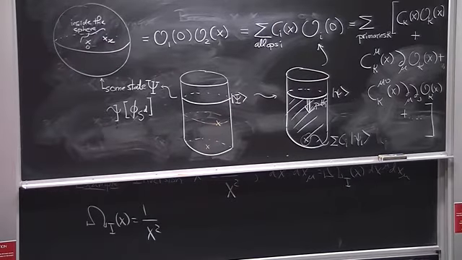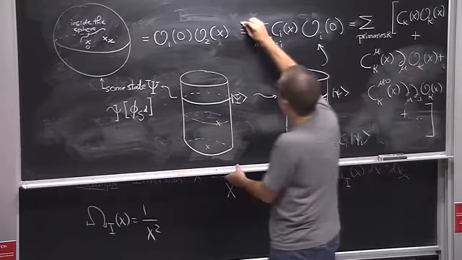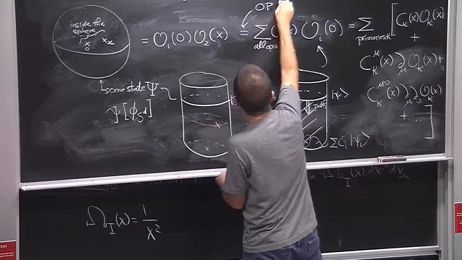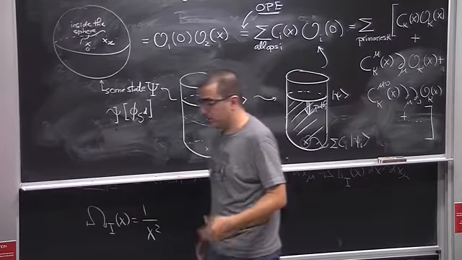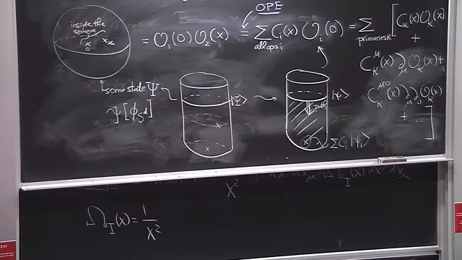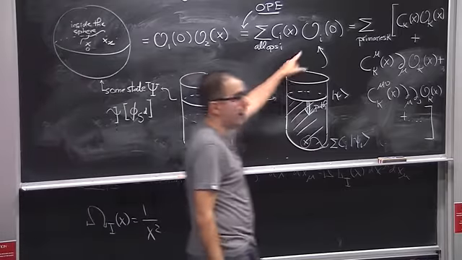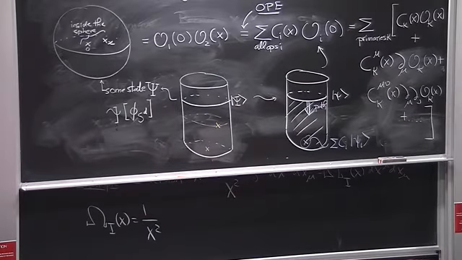So what we have done here is, without mentioning it explicitly, we were using back and forth this map between states and operators, and we defined here what is called the operator product expansion, which is a very important concept. Even simple as it is, it's a very important concept. It's an algebra, if you want, that tells you that you take two operators, O1 and O2, and you get a third operator, O_I. So you can think of it as an algebra. It's kind of an infinite algebra, but it's an algebra. And it's a very powerful